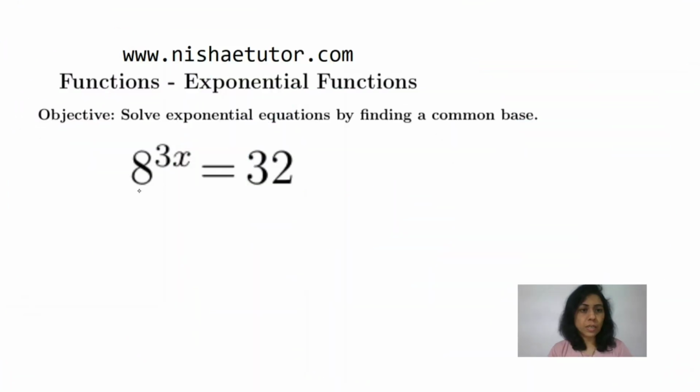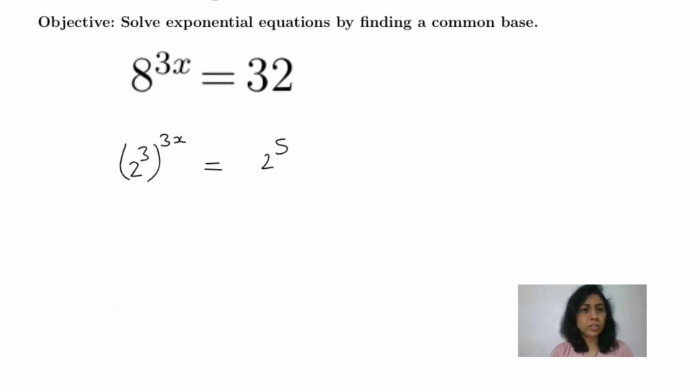So first we have to make the same base, a common base. So 8 we can write as 2 to the power 3, and this is 3x, and 32 we can write as 2 to the power 5. It means all numbers we can convert into 2 to the power something. 8 we can write 2 to the power 3, 32 we can write 2 to the power 5, and here